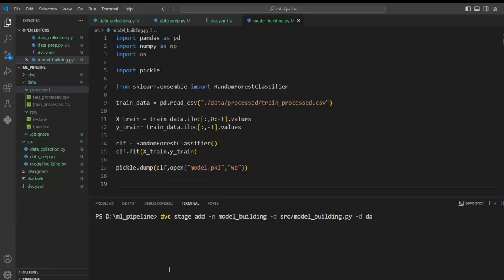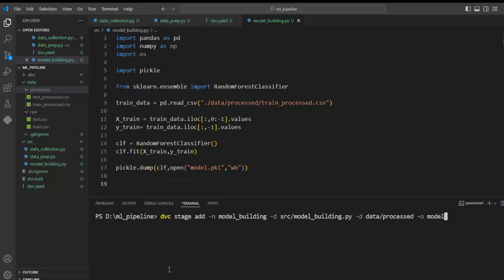Another dependency, data/processed folder that we have created during stage 2. Now you can see here, again here we are making connection between two stages, stage 2 and stage 3 through this dependency